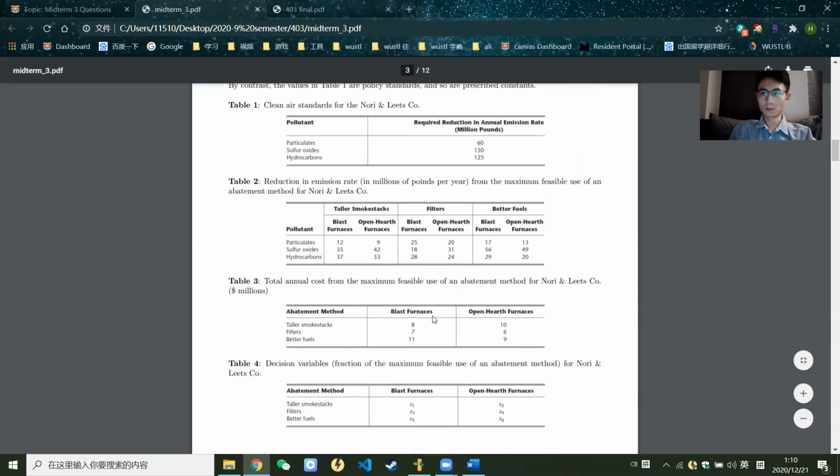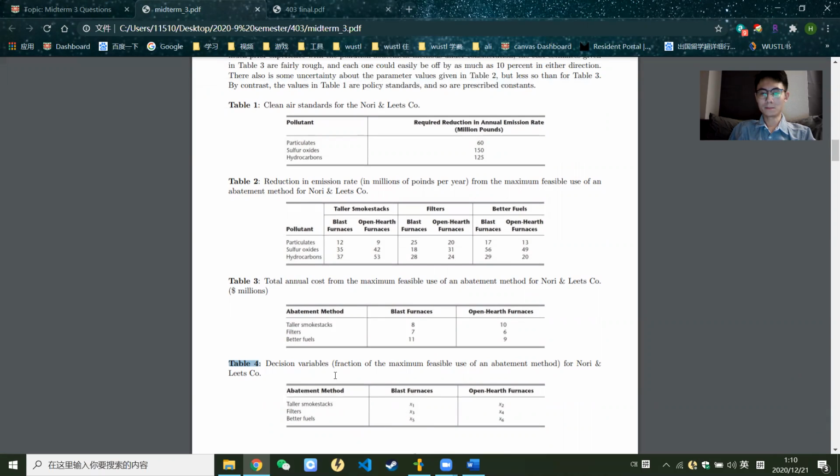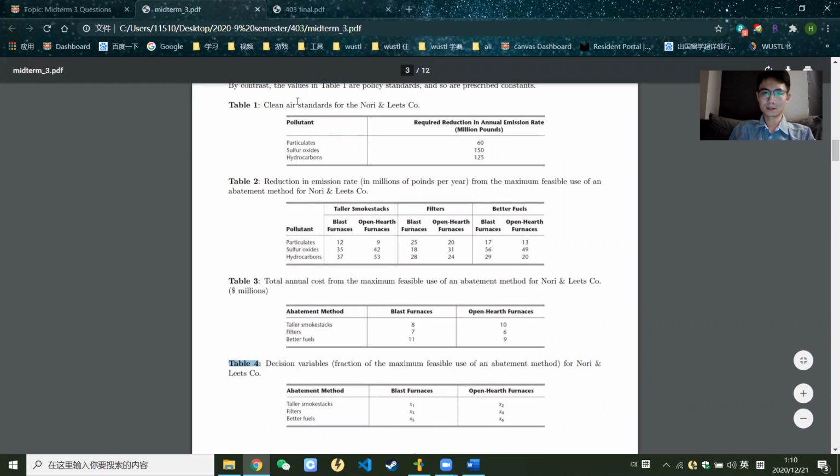So let's look at problem 1. Firstly, we look at table 4, which has the 4 variables. Basically, these variables mean the percentage or fraction of reduction of the pollution. And these are the requirements of the reduction, which is the right hand side of our